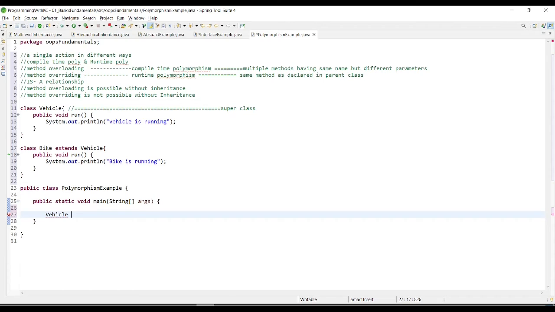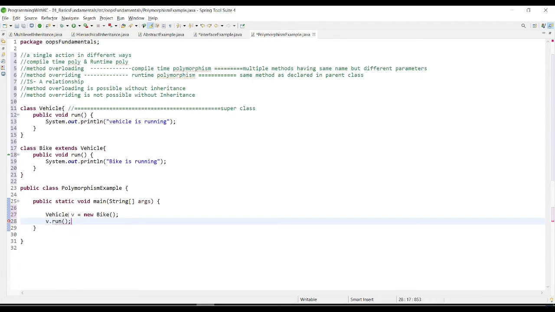Without getting confused, let me first write and explain it to you once again. So vehicle, I will say v is equals to new bike. So this is vehicle v is equals to new bike. Now I will call the run method over here. And I can also create the object for the vehicle class.